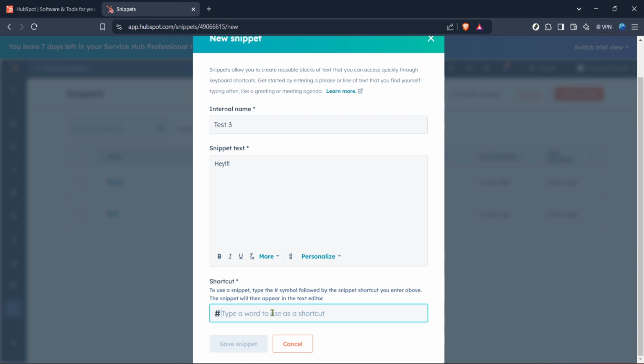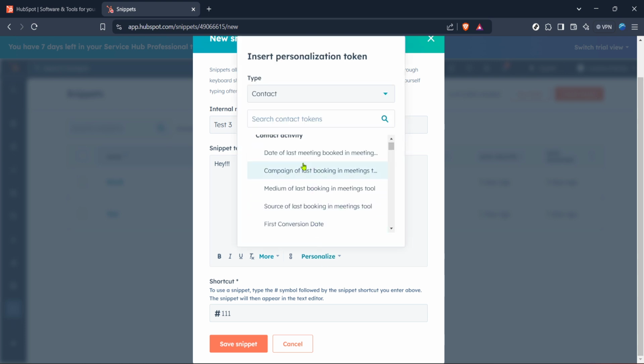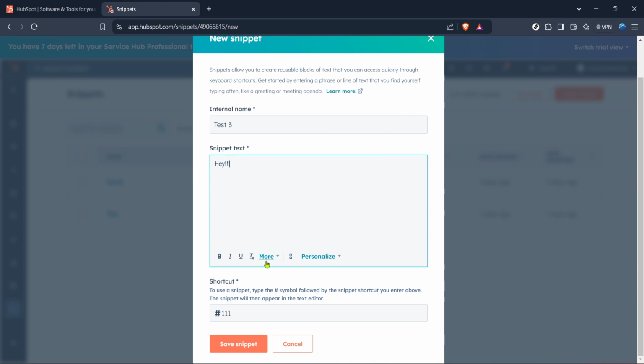Think about what kind of information will make your communication more engaging. Perhaps it's a name, a company title, or any other specific data that could be relevant. By populating these fields thoughtfully, you create a snippet that's both informative and personal. Once you've carefully examined all the details and are satisfied, the final step is to save your work.